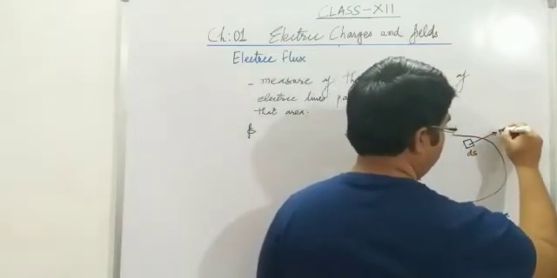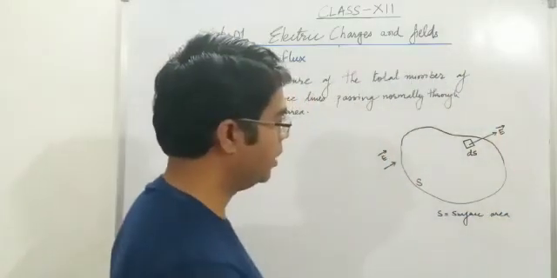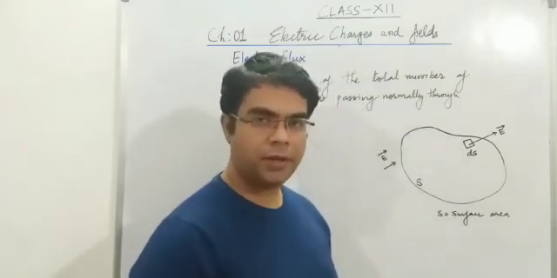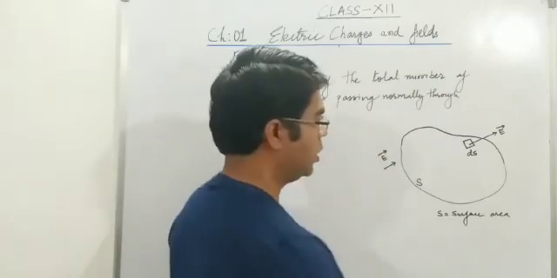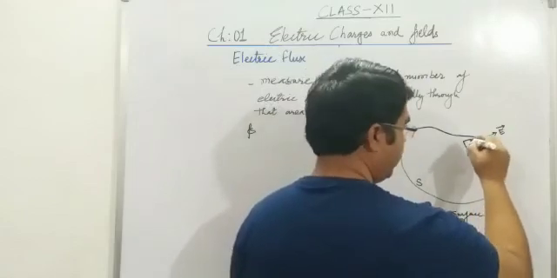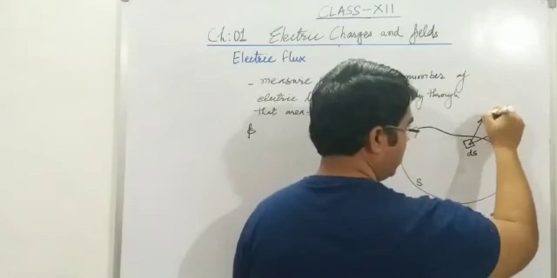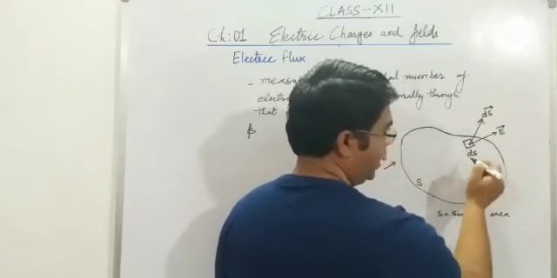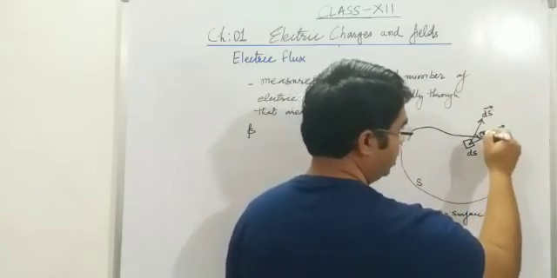This is the direction of electric field which is passing through the surface. Now we are going to introduce a new vector known as area vector. Area vector is a vector which gives the direction of the given surface and which is perpendicular to the surface. So we will draw an area vector which is perpendicular to the surface. Let this vector be represented by vector ds. The angle between the direction of electric field and area vector be theta.